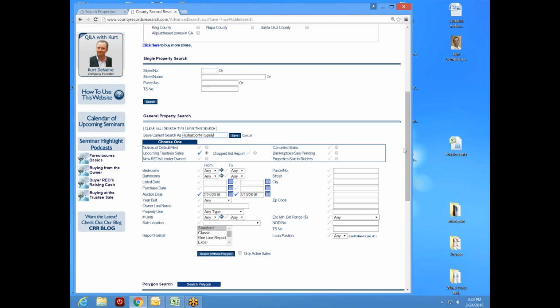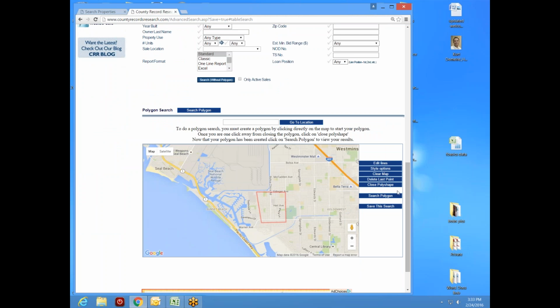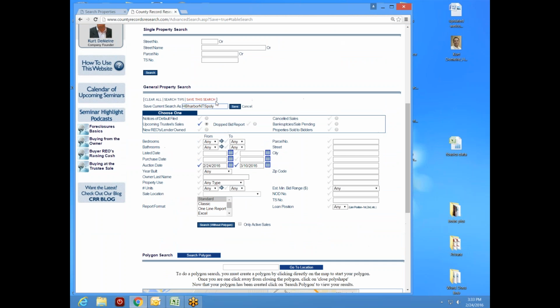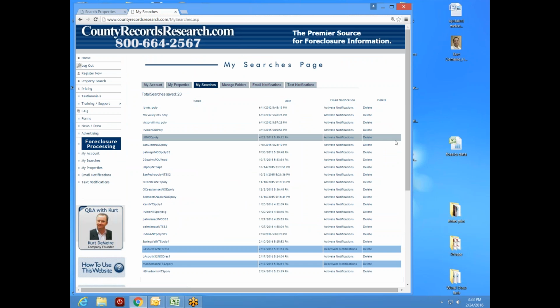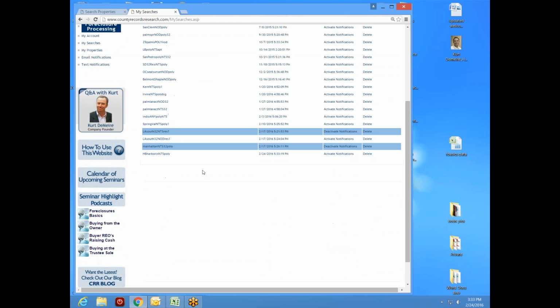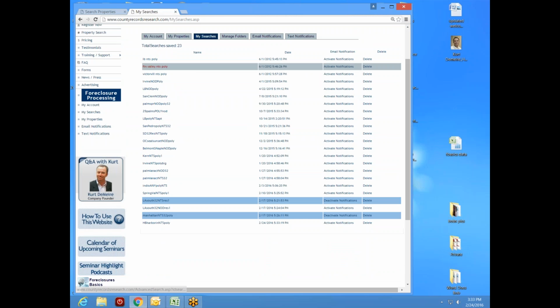Now, thinking about it, it's not exactly the harbor, is it? So I'm going to put in my HB Harbor IN, because it's in from the harbor. Okay, so I know what it is. My HB Harbor IN NTS poly, and I'm going to hit save. Now what I just did is I just saved my search with the polygon inside it, and I gave it a name. Okay, so now I'm going to go ahead and go back to my Fountain Valley polygon,